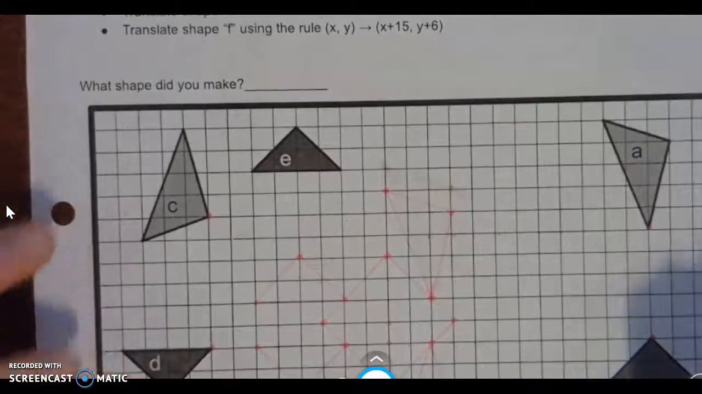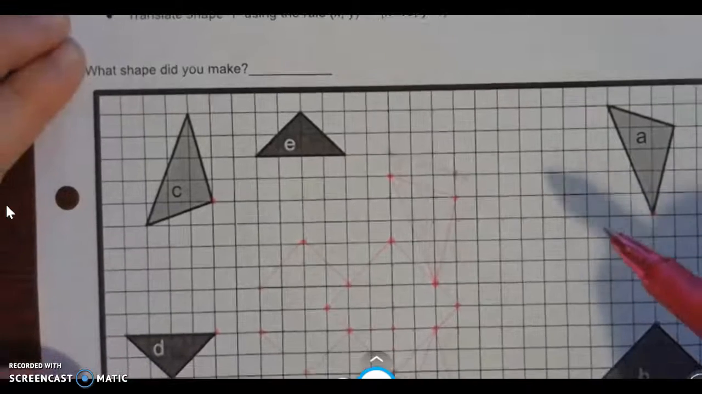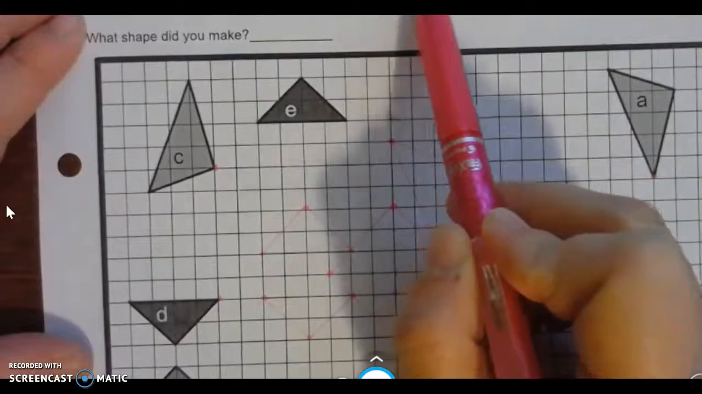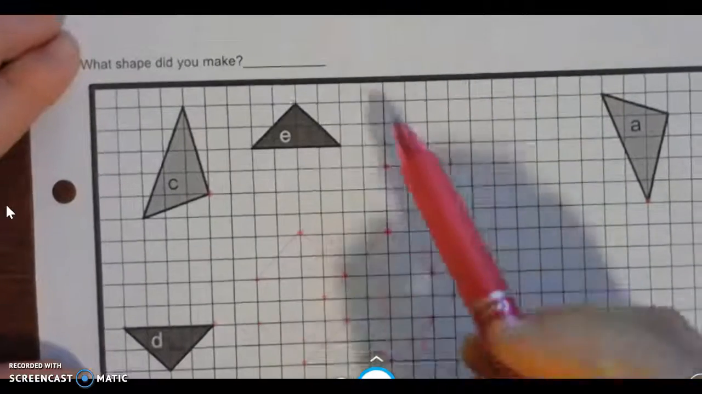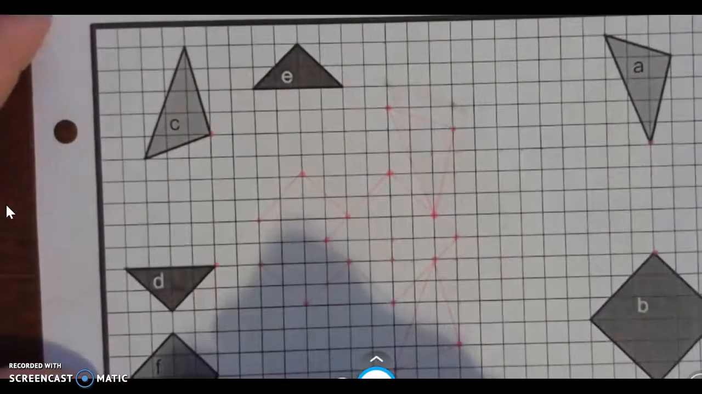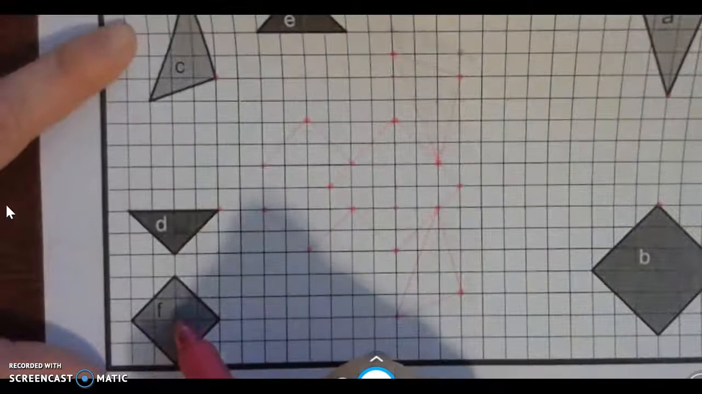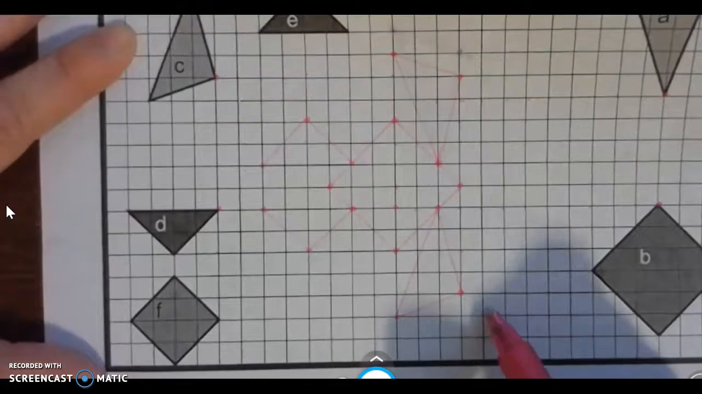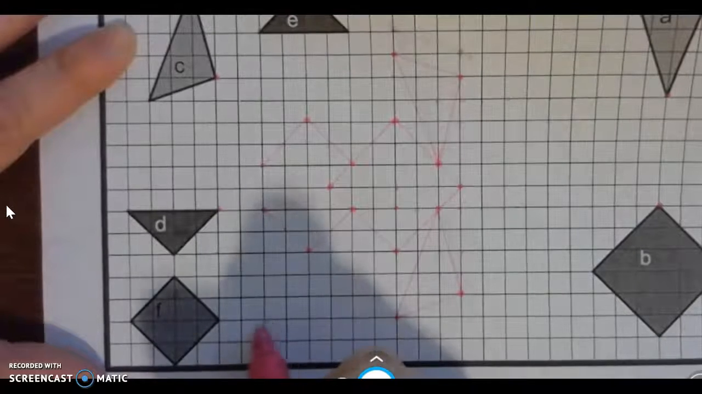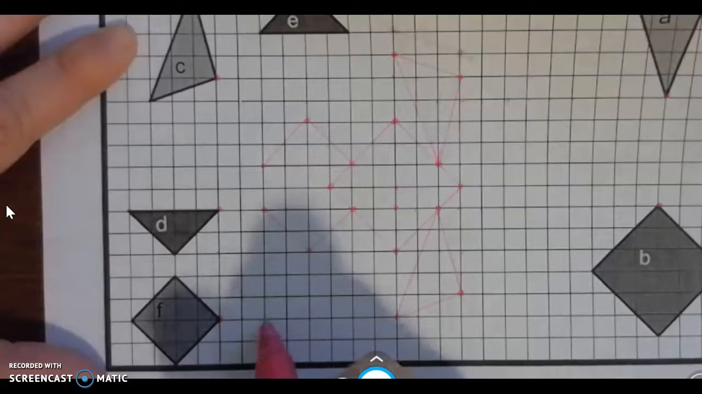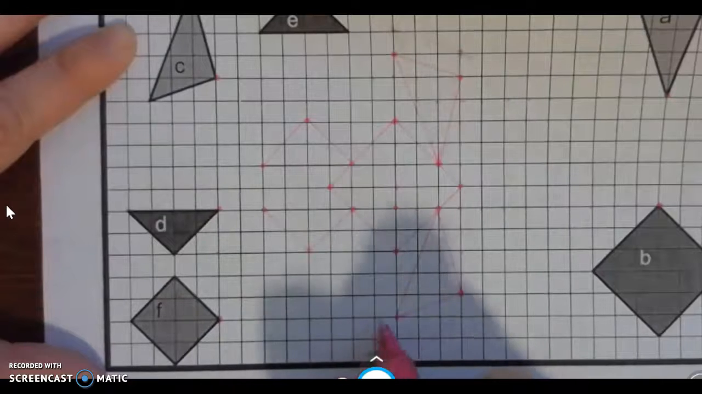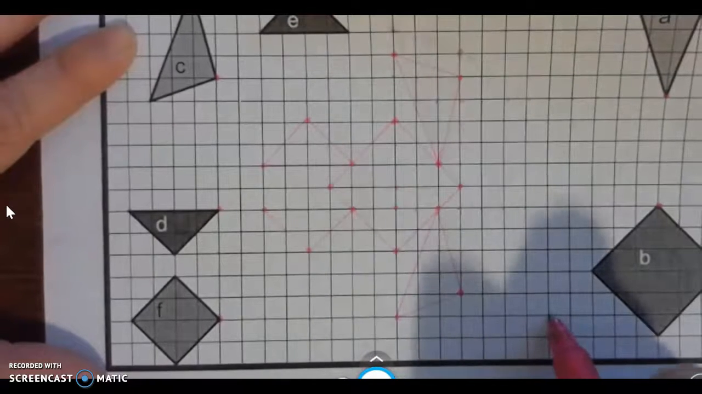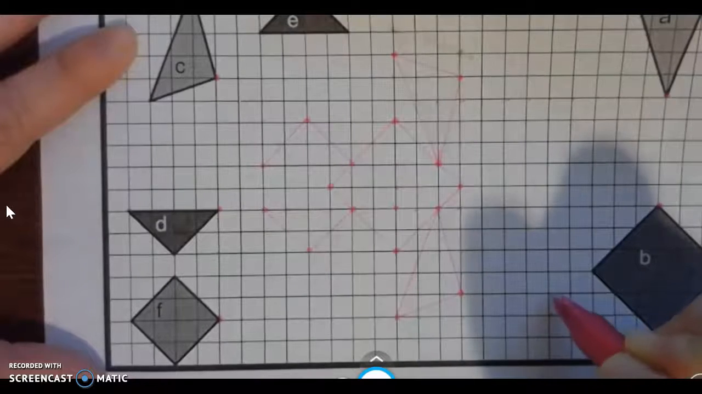Alright, then finally we have to translate F using the rule (x, y) goes to (x plus 15, y plus 6). That means I am translating F 15 units to the right and 6 units up. So if I'm translating this point, 1, 2, 3, 4, 5, 6, 7, 8, 9, 10, 11, 12, 13, 14, 15 to the right. And then 6 up. 1, 2,